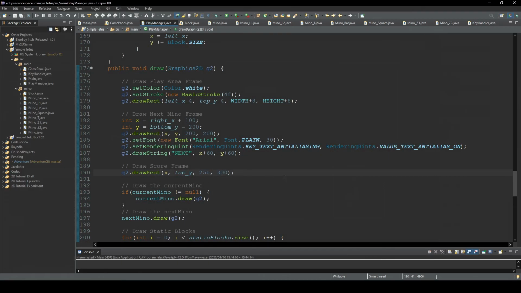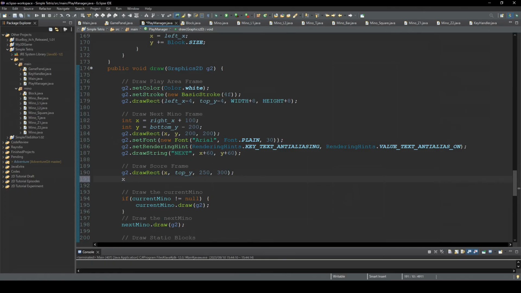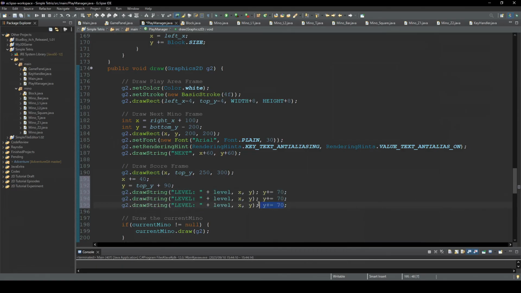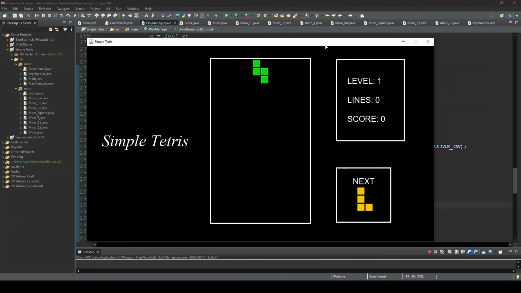And then draw some text. Okay, like this. Yep. Okay. And then